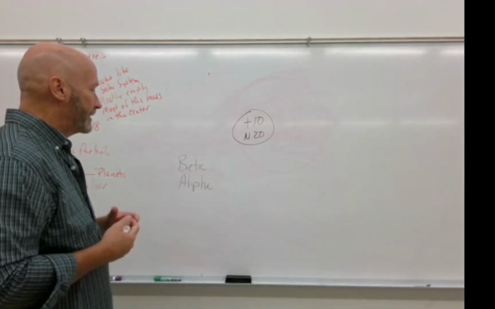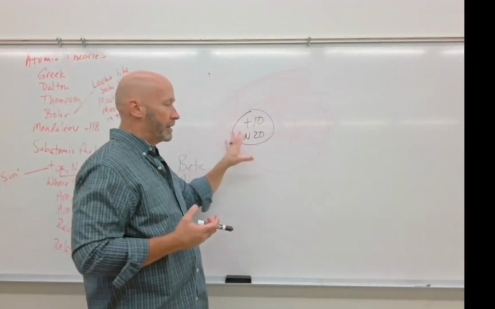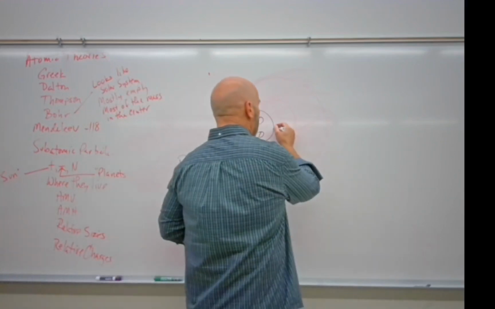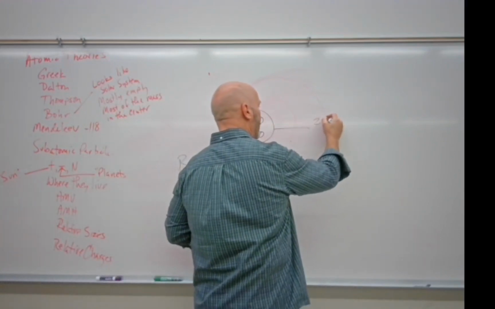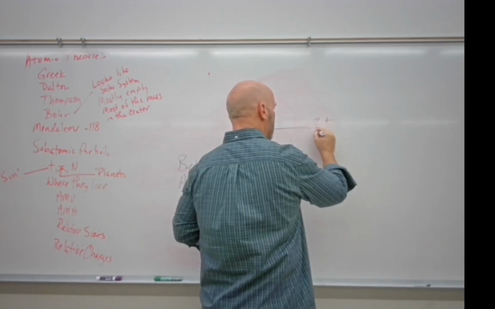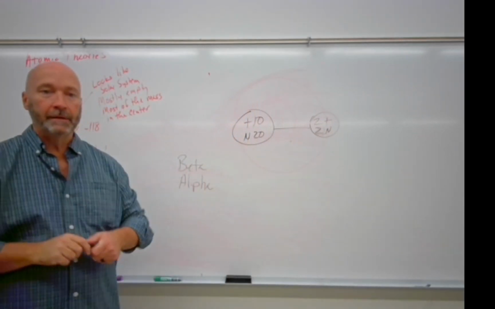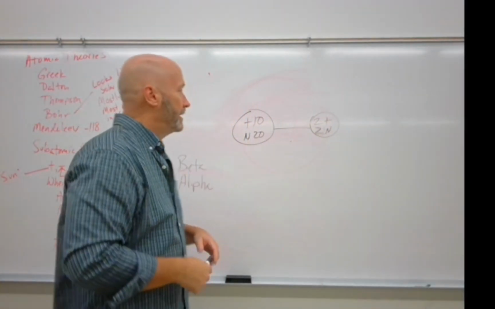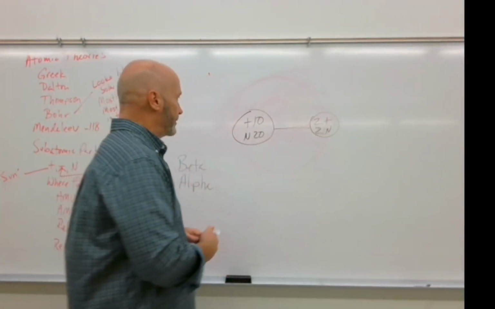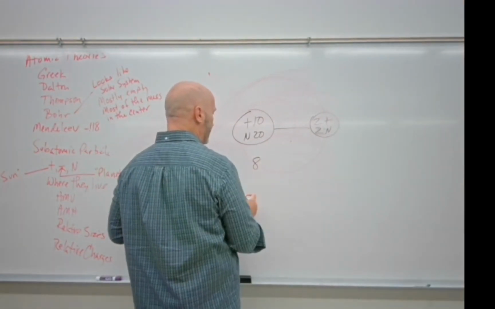And what happens with the alpha emission is that we're going to break off a chunk of this thing. A great big chunk of this is going to go away. What's going to get kicked out is 2 protons and 2 neutrons. So essentially what it's going to kick out is a helium nucleus. So it got rid of 2 of both of those, right? So now our atomic number drops to 8.